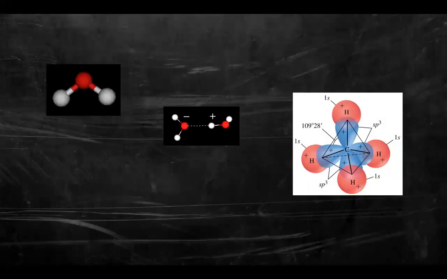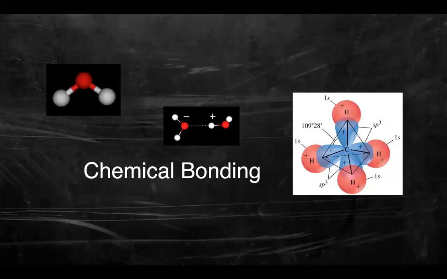So this chapter is all about chemical bonding. The first section is just an introduction on bonding, what it is, why it is, what the different types are, and how you can identify which type of bonding you have. And as we go through this chapter, we'll be looking at each